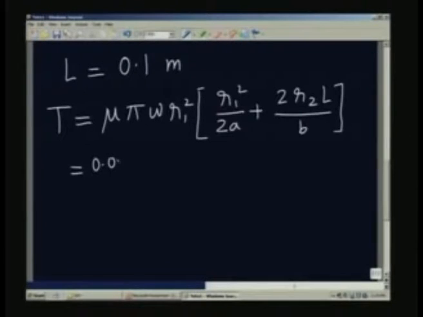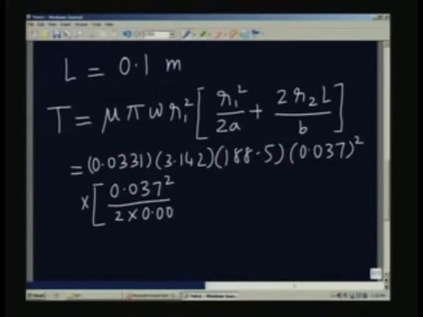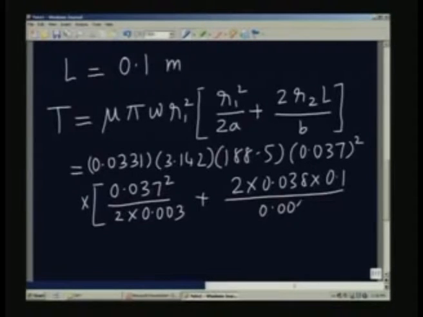Mu is 0.0331, pi is 3.14159, omega already found out is 188.5, R1 squared is 0.037 whole squared, this multiplied by, so I will put the multiplication symbol here, R1 squared is 0.037 squared divided by 2 into A, which is 0.003, plus 2 into 0.038 into length, which is 0.1, divided by B, which is 0.001, and the answer will be in Newton meter, product of force and distance, and this works out to 0.086